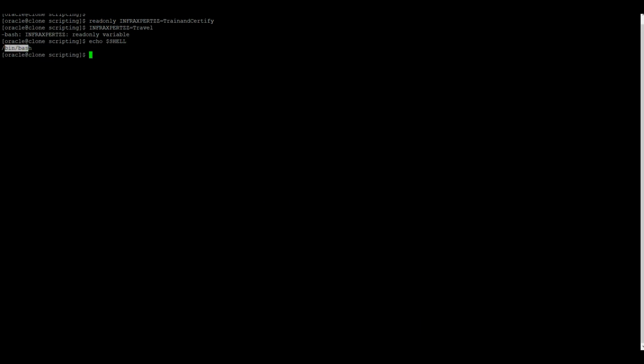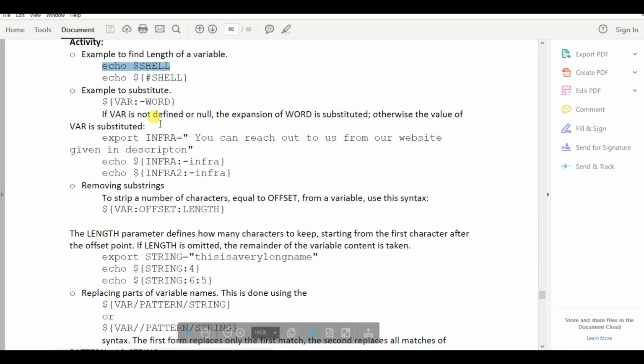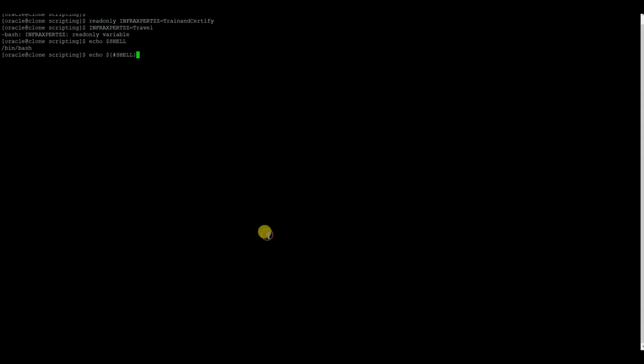Now, if you give echo dollar in curly braces hash SHELL, what it will be doing is, if you want to know the length of the characters in the variable, then you need to give this in curly braces with hash. So it has 9. 4 plus 3, 7, then 9. So it's giving the length of the characters.